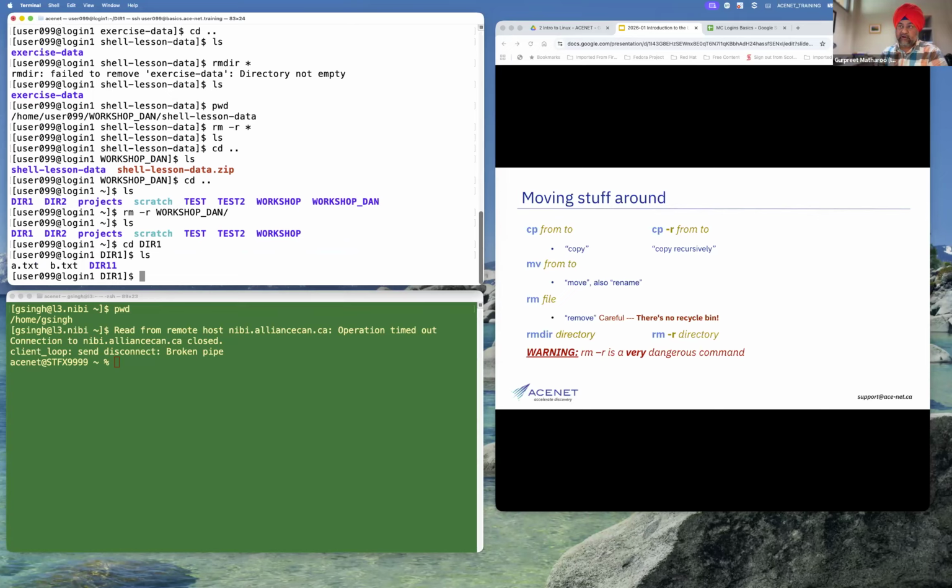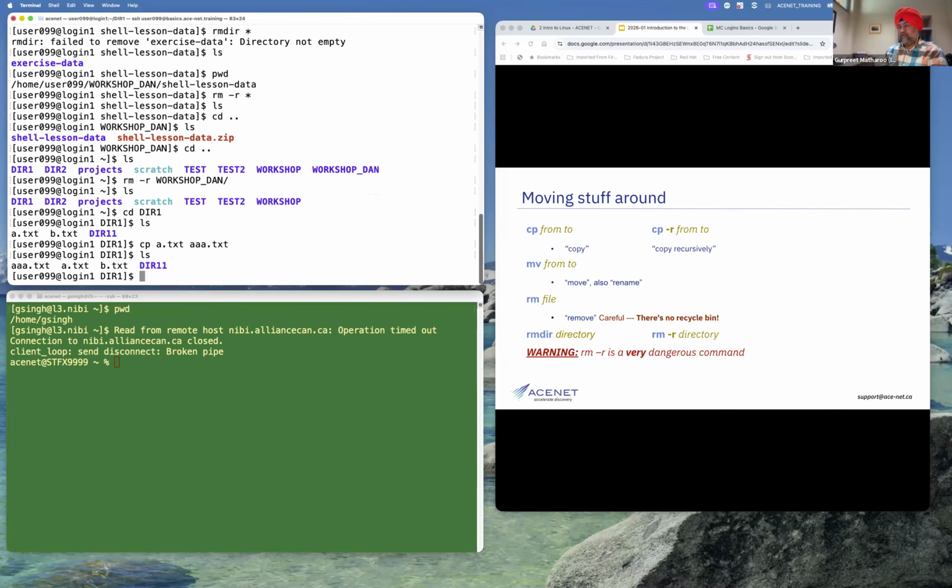And then dir11 is another subdirectory. If you want to copy a.txt to another file called AAA.txt, right? Now if I do ls, a.txt and AAA.txt's contents will be the same. So you are making two physical copies of a particular file over there. Let me get rid of this AAA.txt.